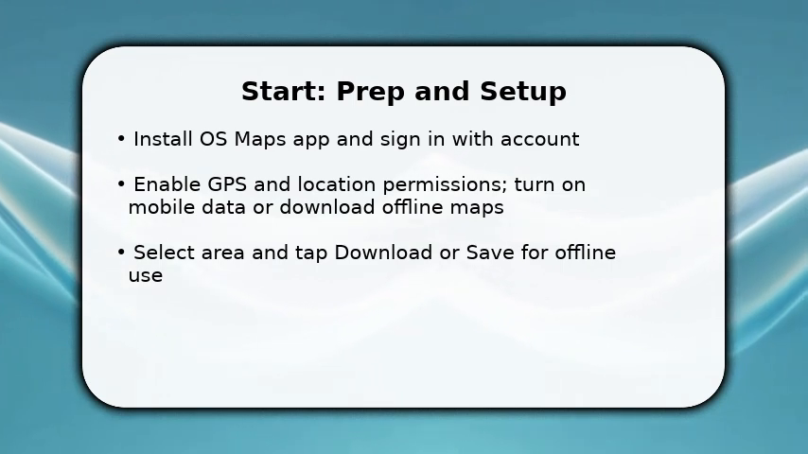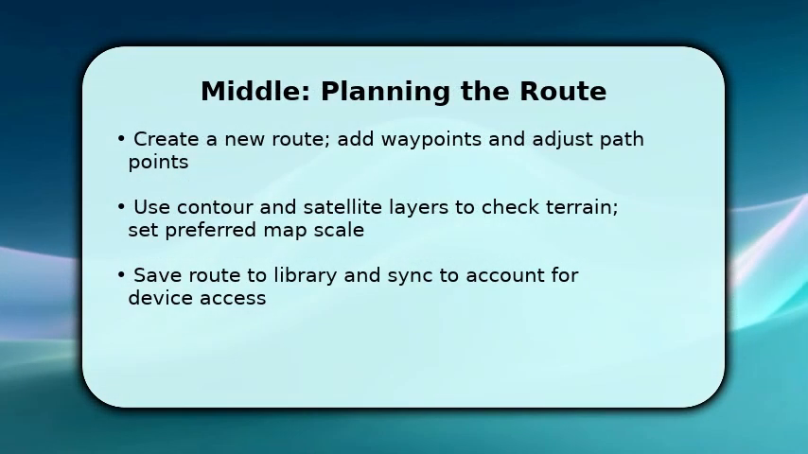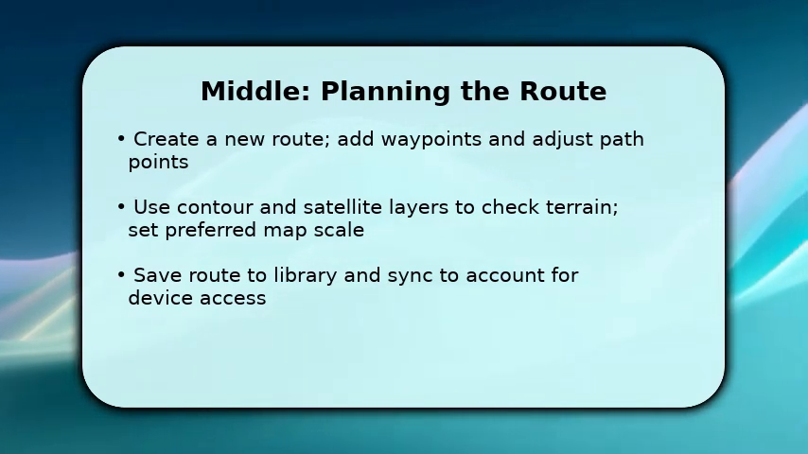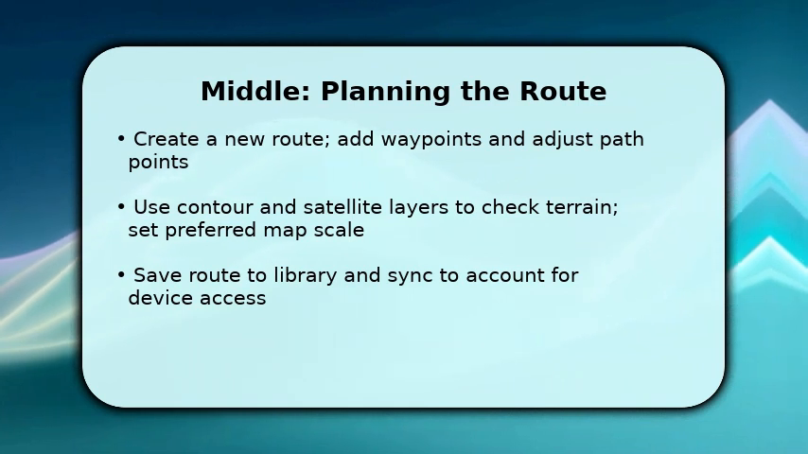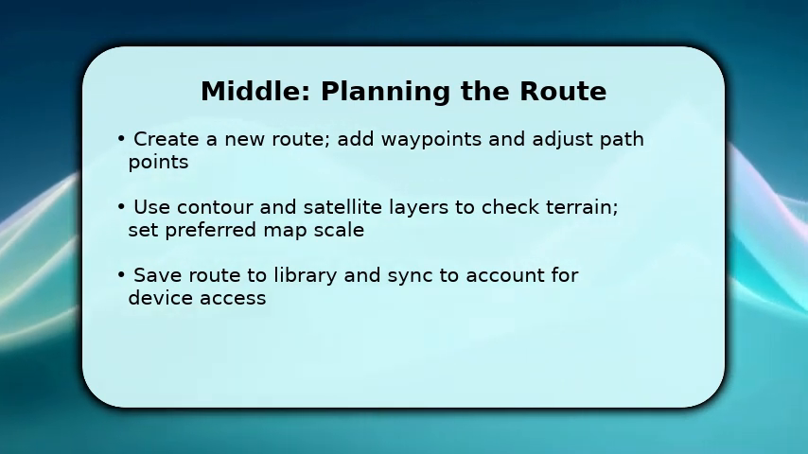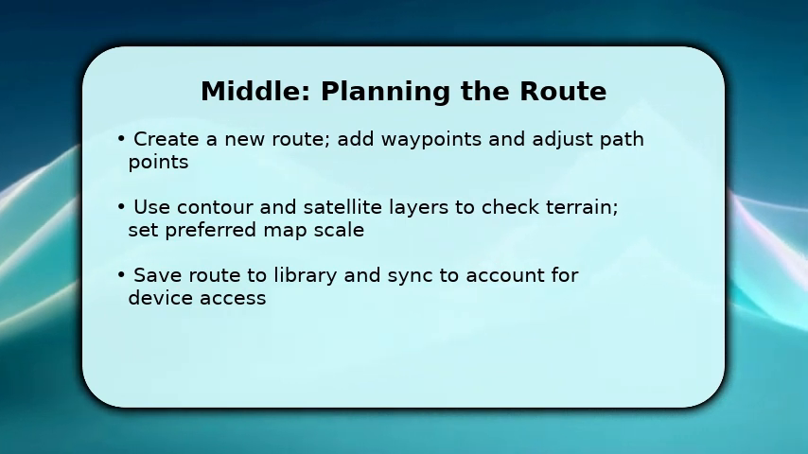Start a new route, tap to add waypoints, and drag points to refine the path. This improves accuracy. Next, turn on contour and satellite layers to inspect slopes and landmarks so you can avoid steep sections. Once the path looks right, set the map scale for the detail you need and save the route to